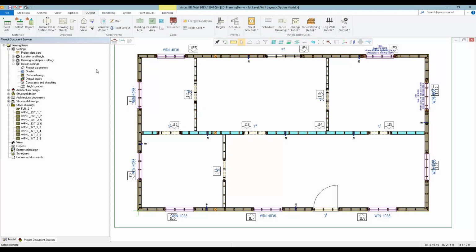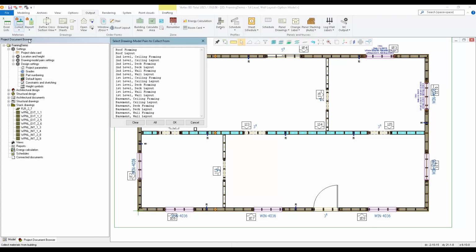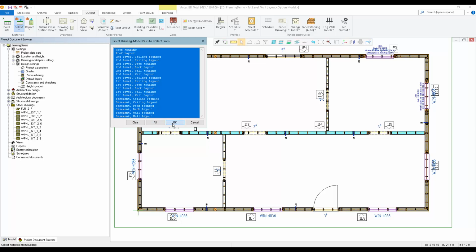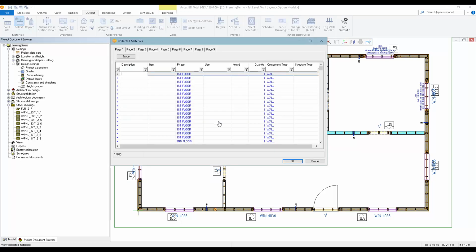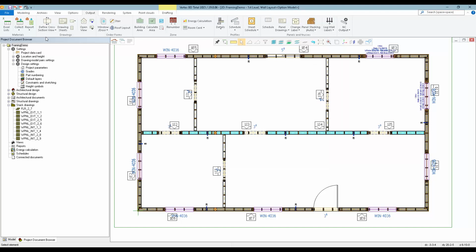We can also collect the materials and generate reports. So first I will collect from the entire building, and in this case I'm going to select the wall panels accurate method, which means it's going to collect the framing pieces that we've actually generated. If you don't generate pieces, you can use this lineal foot method where it's going to estimate the framing based on the wall types, the length, the height, and number of windows. So now that it's just dumped all the materials into this database, I'll click OK, and then go to the